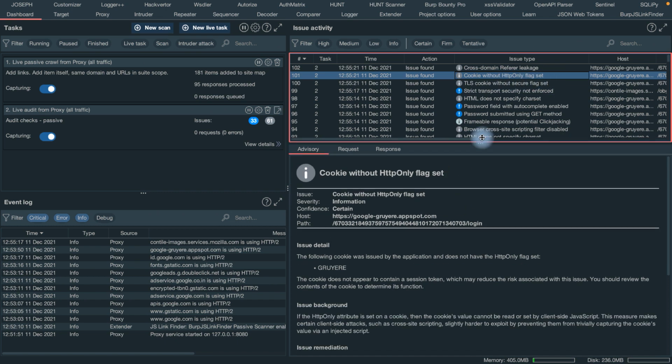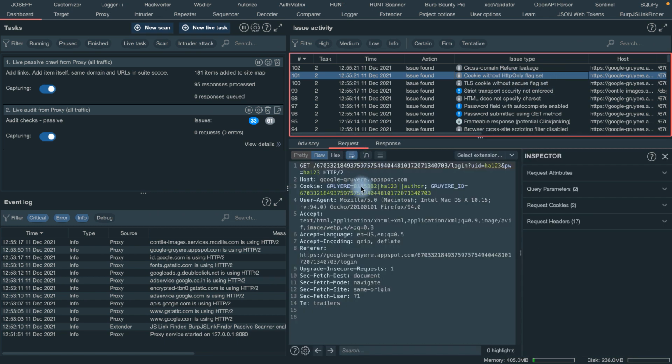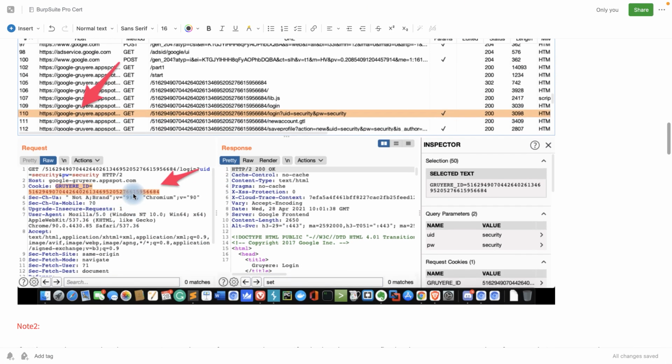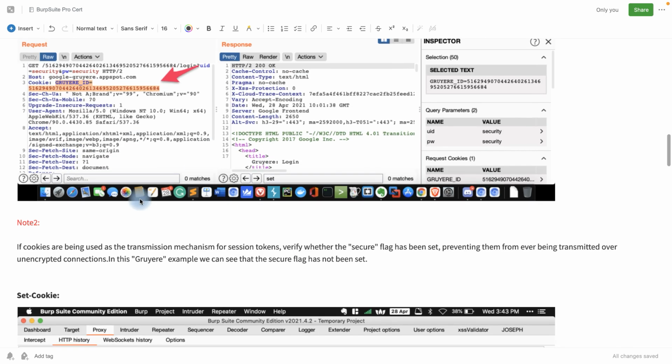If you go down and check the response, you can clearly see everything in clear text. This is the HTTPS link, and this could be a problem in your environment. So if you are testing any application, make sure this part is secure. And if you go to this particular thing, we can see that the exact same ID is here.